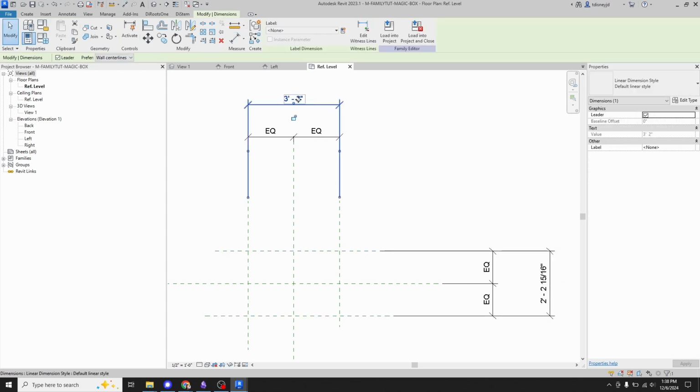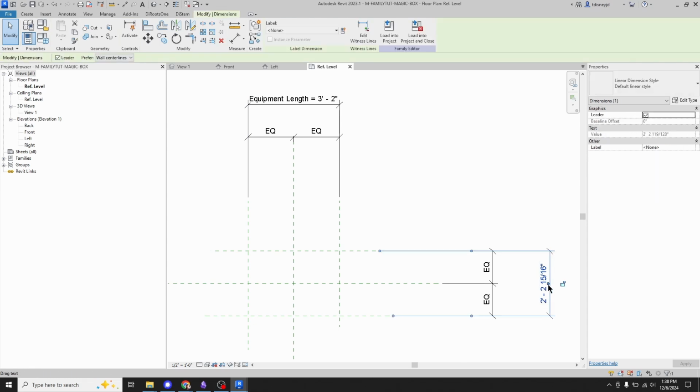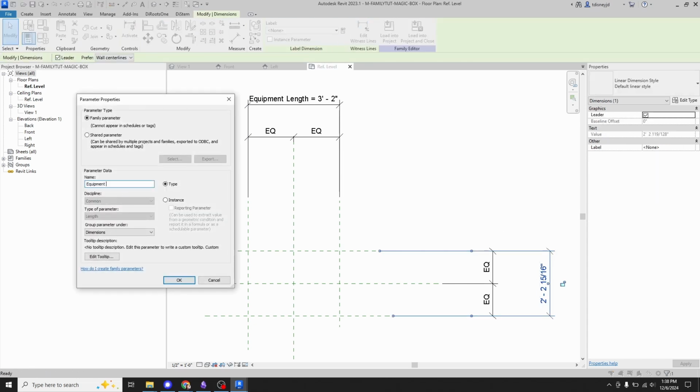I'm going to select this dimension, and up here where it says Modify Dimensions, Label, None, I'm going to click the Create Parameter button, and I'm going to call it Equipment Length. And I want this to be a type-based family, so I'm going to keep this as a type-based parameter. Over here, I'm going to call this one Equipment Width,